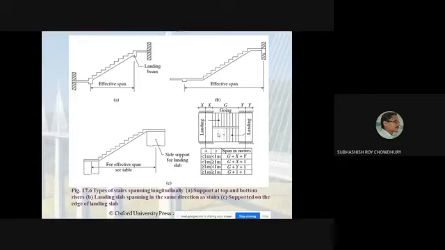Okay, so in that case, how to calculate the effective span when you design the staircase or the waist slab? The code tells that this is the fixed dimension, that is the going. What is G? G is the horizontal projection of this part. This is the inclined length of the waist slab. So if you take the horizontal projection, that will be the going part. Okay, and the going part must be there.